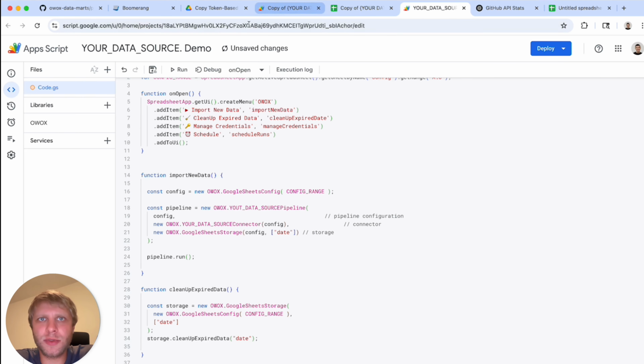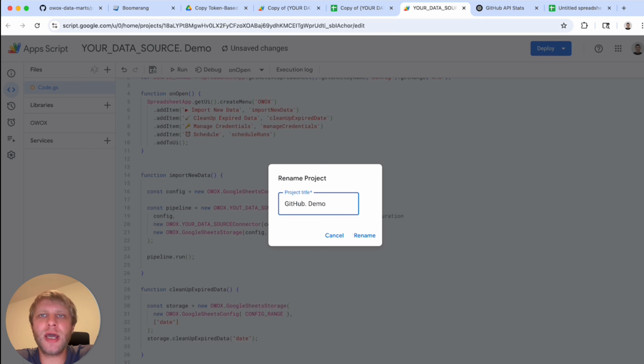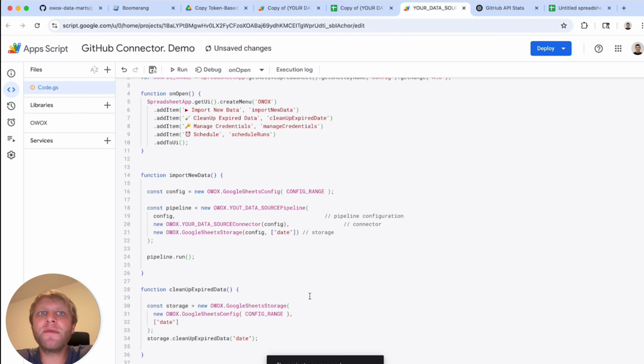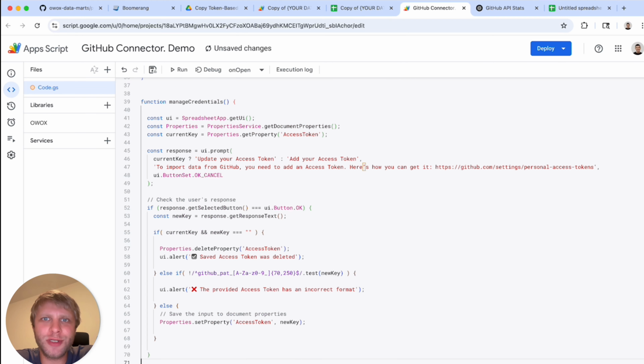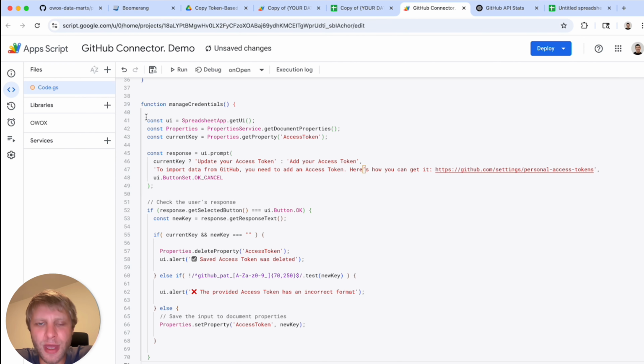Let's get back to our app script. Let's rename the project to GitHub Connector Demo. In my case, I have this function already from another integration, and you can also find that in our repository. And again, I will do my best to add it to the template, so when you build the connector, you will see it inside. So what we need to do here is to add a Manage Credentials function to your app script, because this function will securely prompt you to enter and save the GitHub access token. And by doing this, the token will be saved into the document properties, not into the spreadsheet itself, which is much safer, because storing the access token